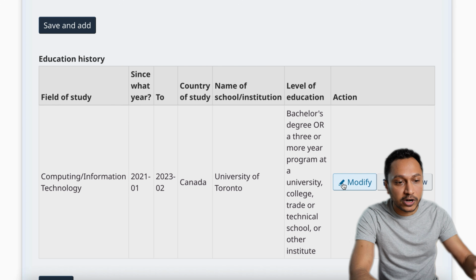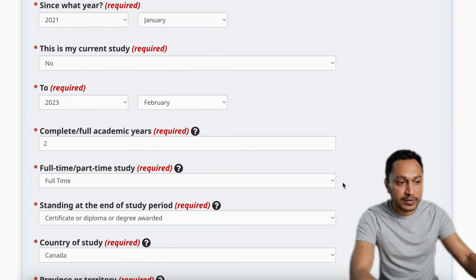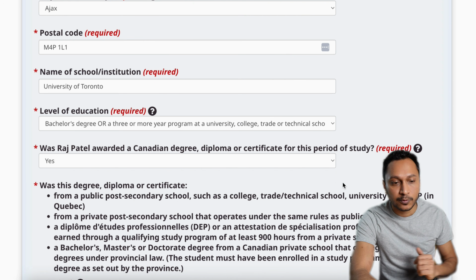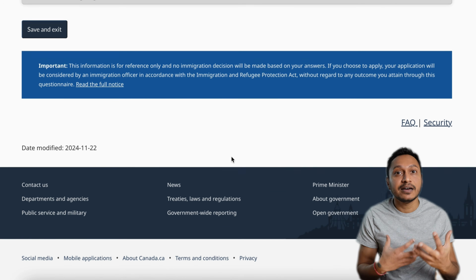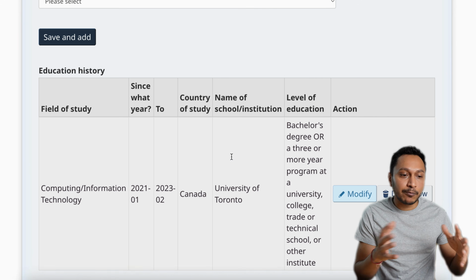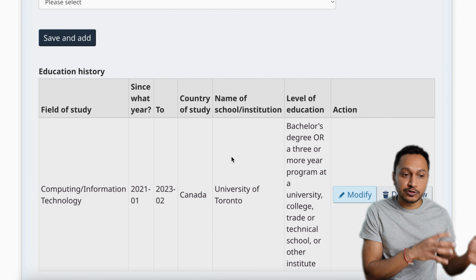You can always click on modify and enter that information once again or change that information once again. Okay, so for now I'll just click on save and add. Now just to give you an example of the foreign degree as well, I'm going to create another education which